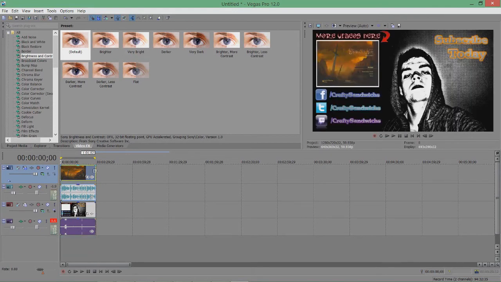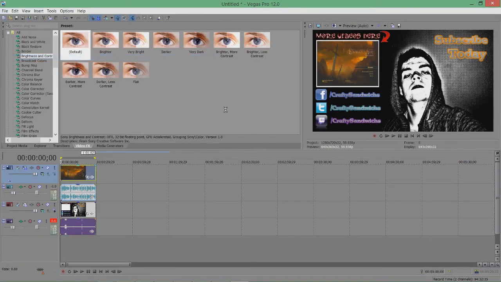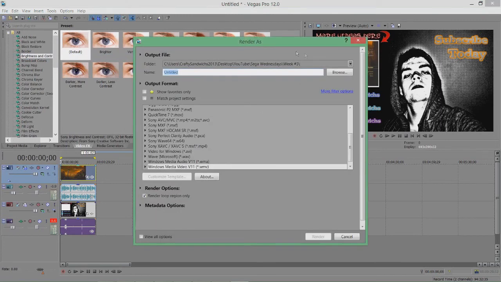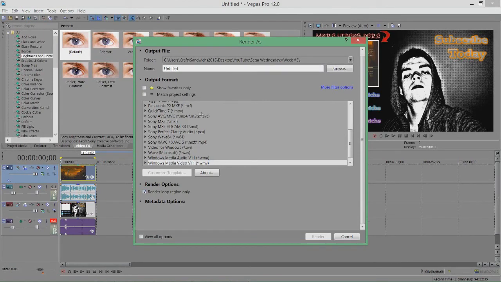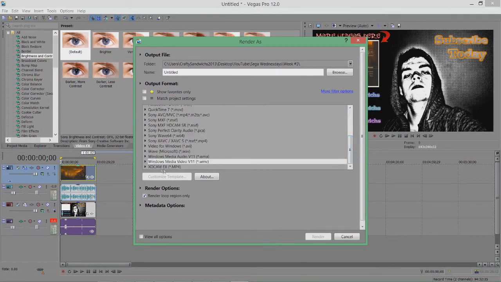So I'm after rendering the actual region. So you go into File, and you click Render As. You can name it whatever you want. You can save it where you want. Render loop region only, you can turn that on or off. It's up to yourself. Okay, so when you have this whole massive list, you go down to Windows Media Video version